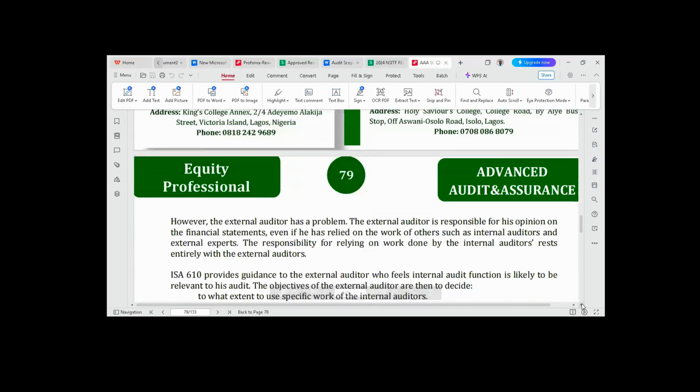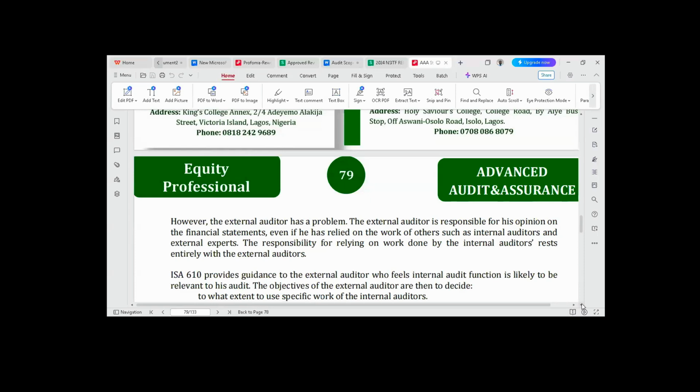Okay? But what we have found out is that in most organizations, even though they have internal audit departments, the internal audit department is not functioning optimally. Most times, they just have the internal audit department just for what? For regulation's sake. Because of corporate governance, we must have internal audit, so they just put it there. But the department is not optimally